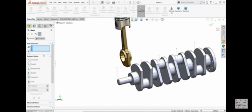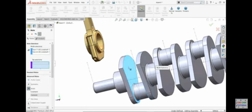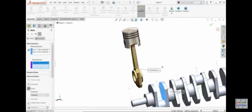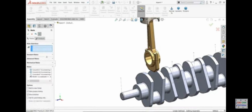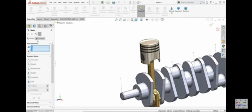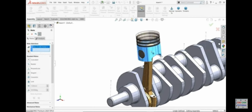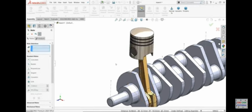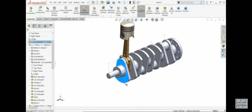Now we need to fix here. So there is one option called advanced mate, width mate. I'll select 1, second, 2 face, or any 2 face of this. Okay, but one important relation we forgot, concentric relation, this one and this one. Okay, now one more important relation. See, it is moving like this, piston body and this line, concentric relation. Don't make coincident, concentric relation. Okay, now I'll show you how it's going to move. Look, now